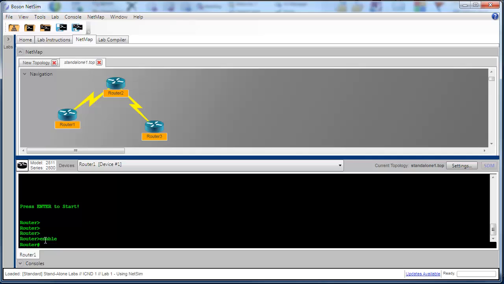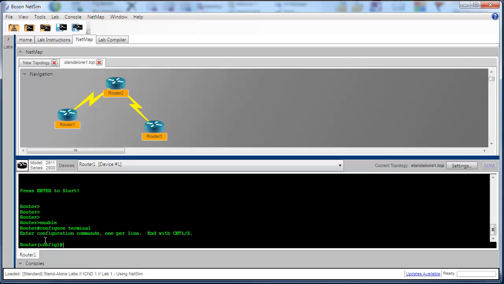In order to make changes to the configuration, we're going to have to get into yet another mode called the config mode. And we're going to do that by using the configure terminal command. I'm going to type it in right now. And this simply means that we're going to be entering some configuration commands into the iOS running configuration, and those commands are going to come from the terminal, which is where we're typing right now. So we're now at a place where we can begin to enter configuration commands, and the first one that we're going to enter